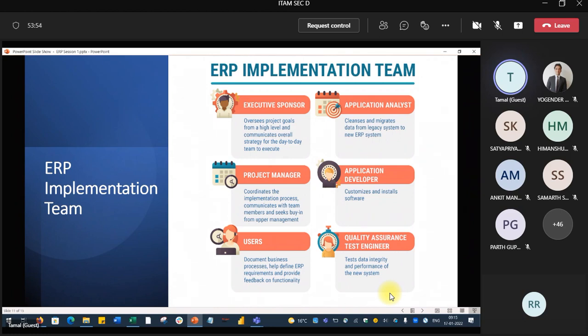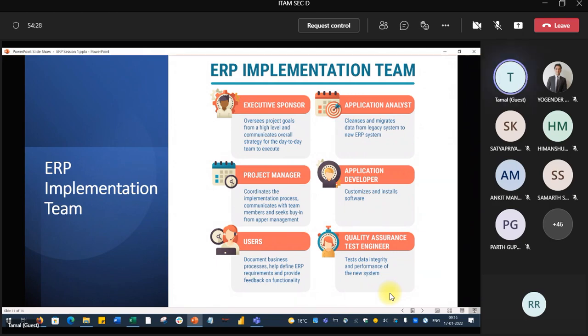Application developers are basically the engineers, not the MBA guys. So how much coding is required? Only one role is there for application developer. In ERP software, only 20 to 25% is coding. The rest is basically managing and designing the software.